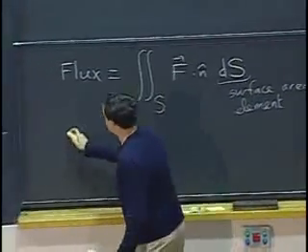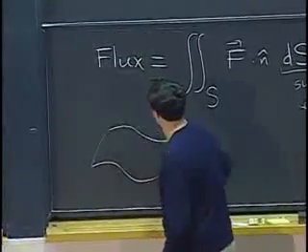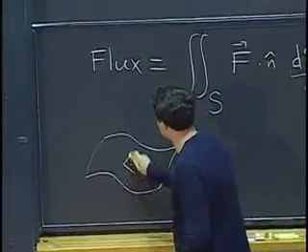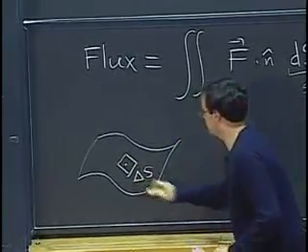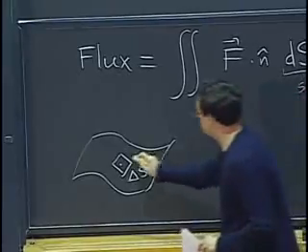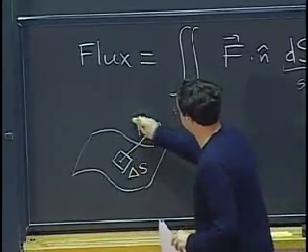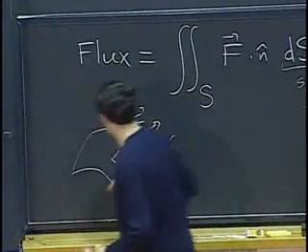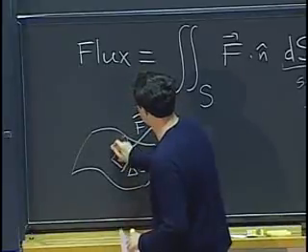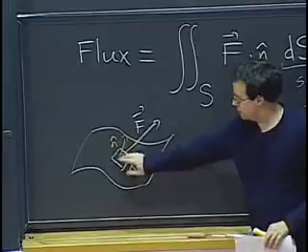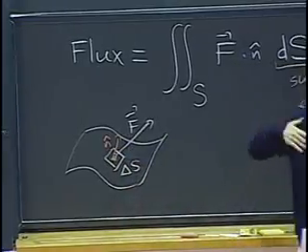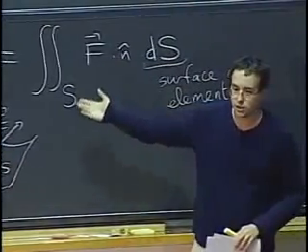Okay, so concretely what this means is, I cut my surface into little pieces. Each of them has area delta S, and for each piece, I take my vector field, I take my normal vector, I dot them, and I multiply by this surface area, and I sum all these things together. That's what the double integral means.